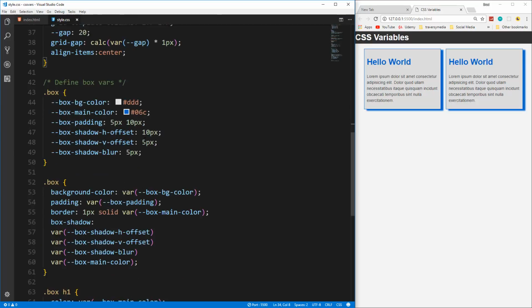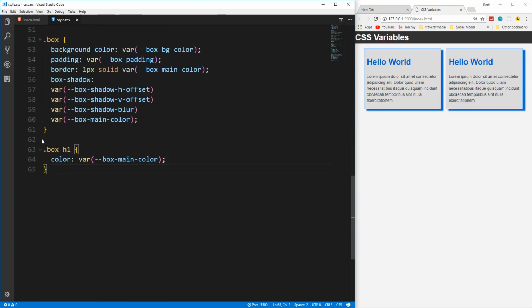Okay, we can also overwrite variables. So let's say for the paragraph in the box, we wanted color: var, and set that to box-main-color, save, and now you can see the paragraphs are blue. Now we could overwrite this value right here, this box-main-color, for just the paragraph